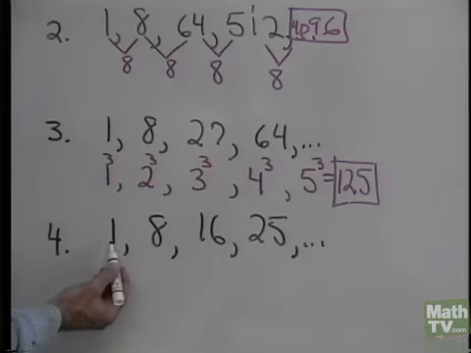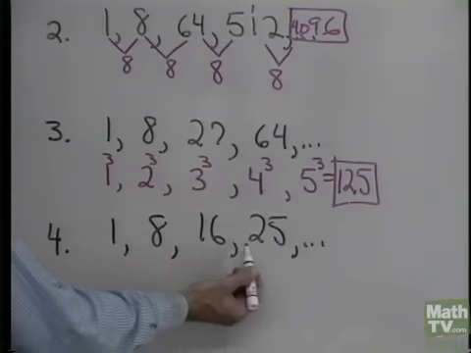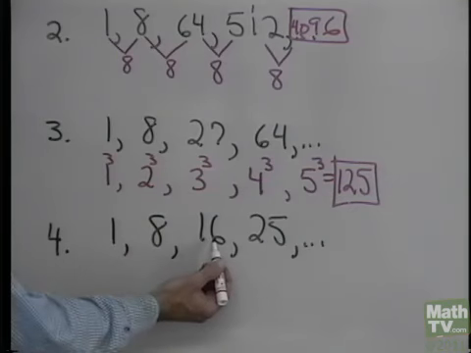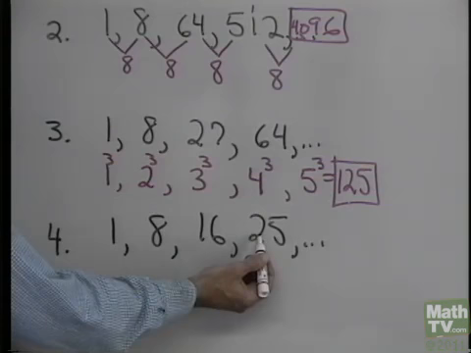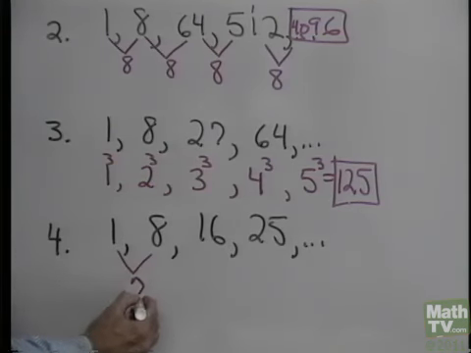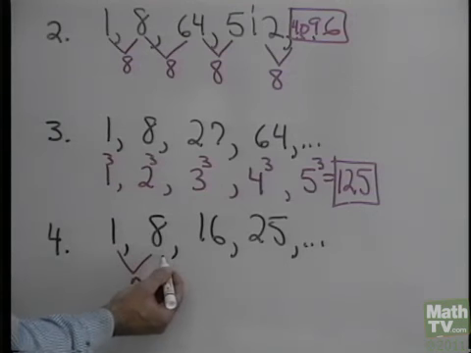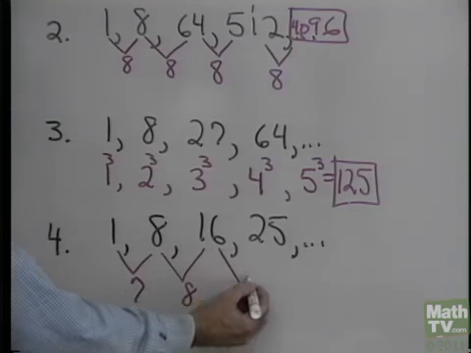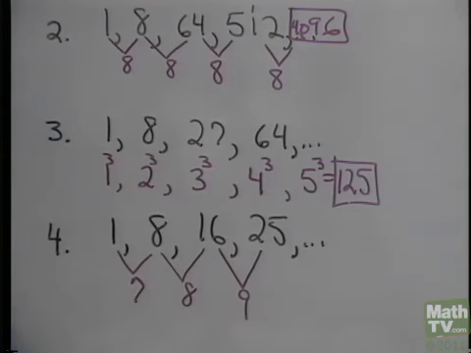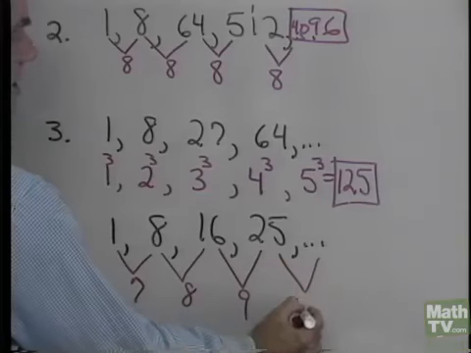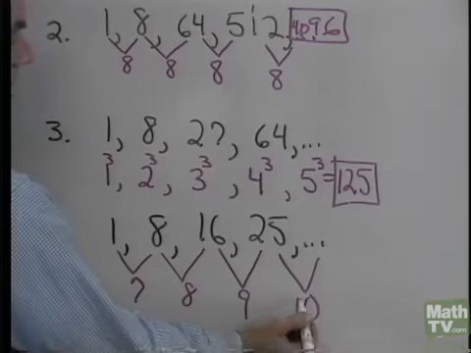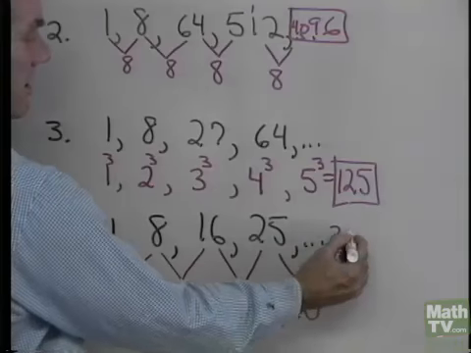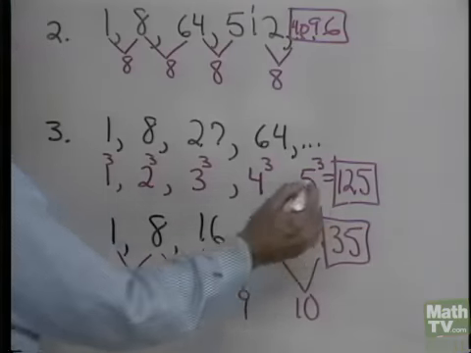This sequence here I have, again, it starts with 1, then 8, then 16, then 25. So it looks like maybe I could add 8, but then when I add 8 to 16, I don't get 25. So let's look at addition again. No, that wouldn't have worked anyways. 1 plus 7 is 8. 8 plus 8 is 16. 16 plus 9 gives me 25. So how about if I just add on 10? Now that I've noticed this pattern right here, 25 plus 10 is 35 for the next number in that sequence.